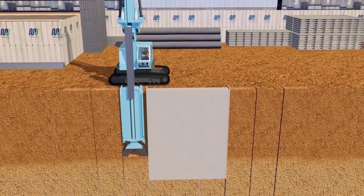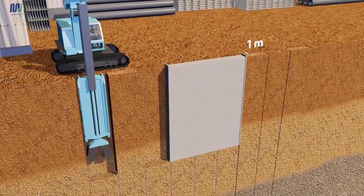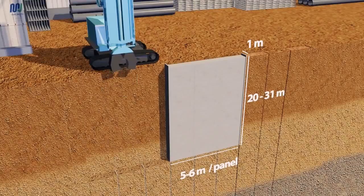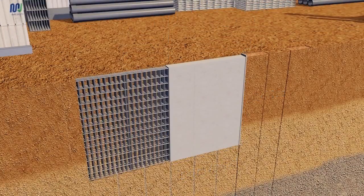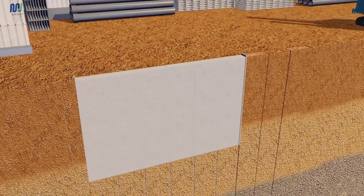The next step is pouring the concrete, which is carried out by Tremie method. This cycle is repeated for all 4 sides of the station. The diaphragm walls will function as temporary retaining walls during construction and also as permanent retaining walls for the